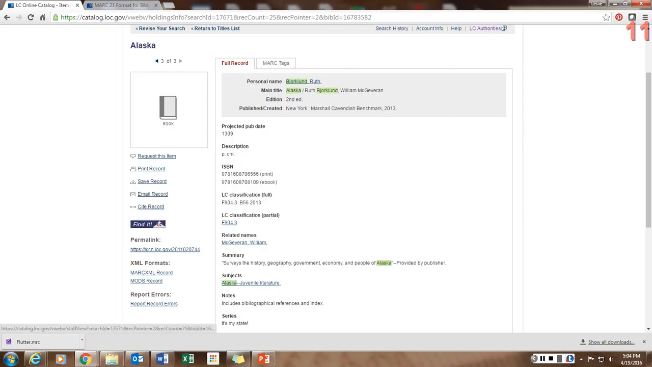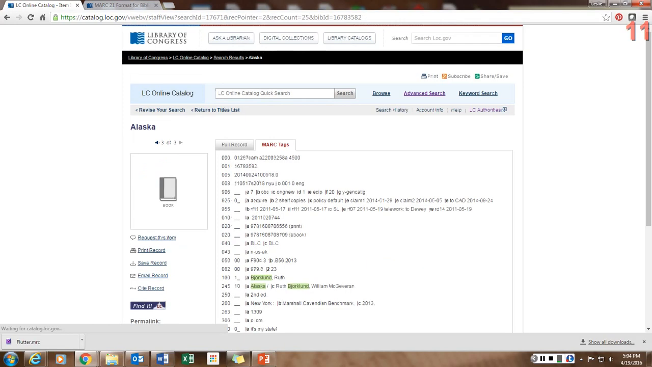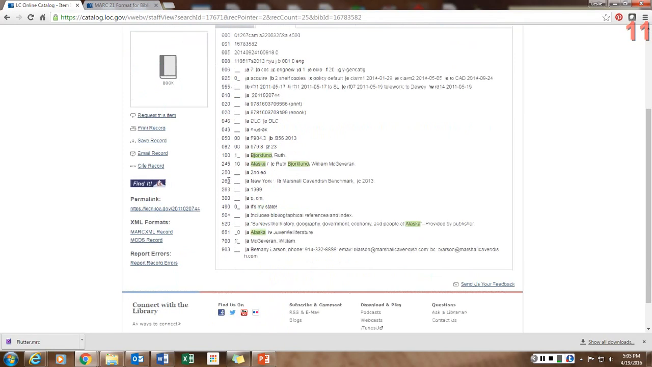So if I go to the MARC tags, I can see that this 1309 is in the 263 field. Well, I don't know what the 263 field means. I don't know what that stands for. So I'm going to open MARC 21 format for bibliographic data. You can see up in the upper left side of the browser, I've got this resource open, and I'm going